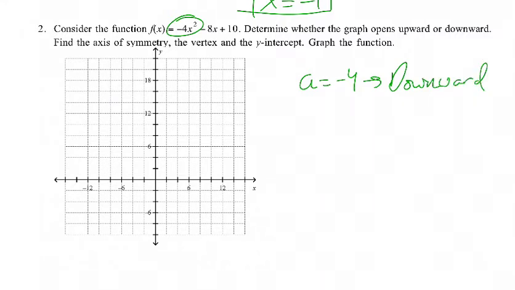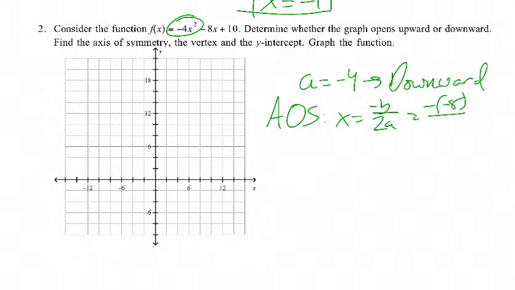Now next we need to find the axis of symmetry. So remember the equation, we just used it on the previous one. The axis of symmetry is x equals negative b over 2 times a. In this case, our b value is negative 8, so it's the negative 8, which is going to become positive, over 2 times, and our a value was negative 4. So, cleaning that up, we get x equals positive 8 over 2 times negative 4 is negative 8, or x